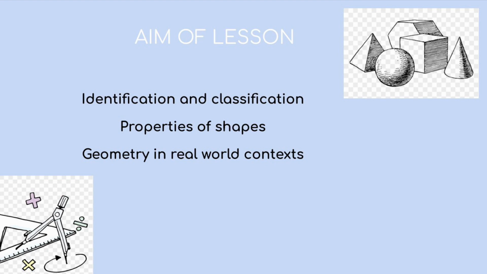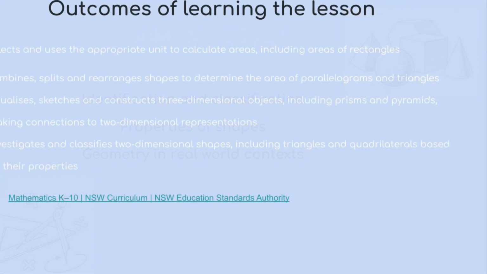Children will be able to use the geometry knowledge in the real world context. They can explore different shapes used in arts and architecture. After the lesson, children will be able to overcome with the following learning outcomes: selects and uses the appropriate unit